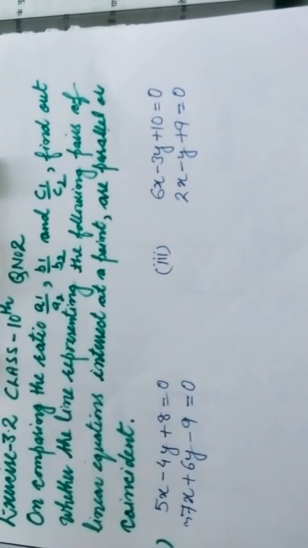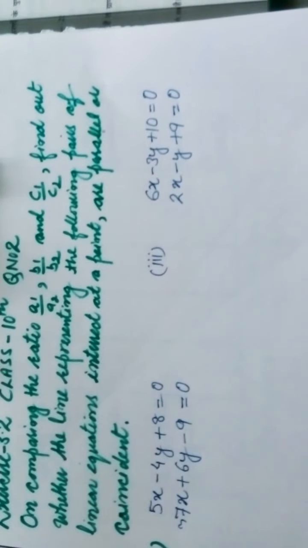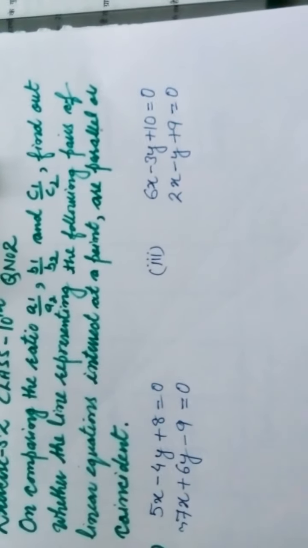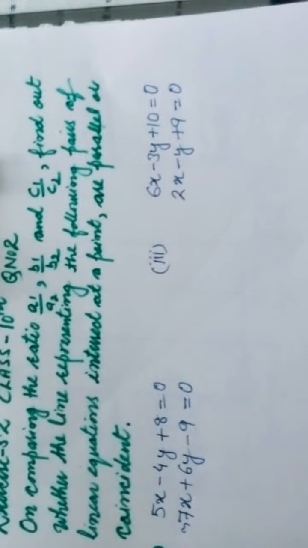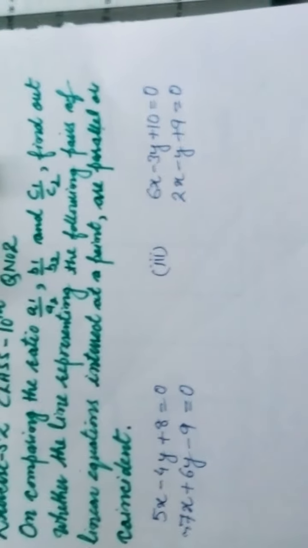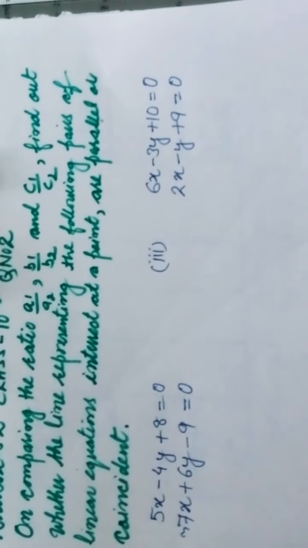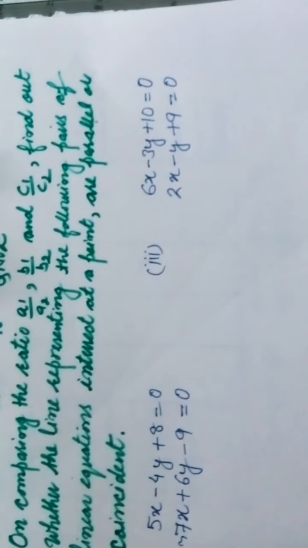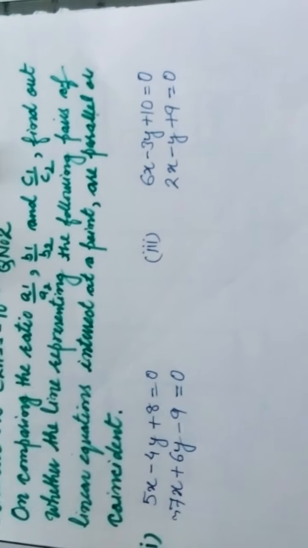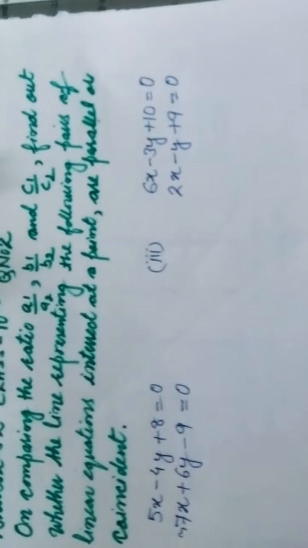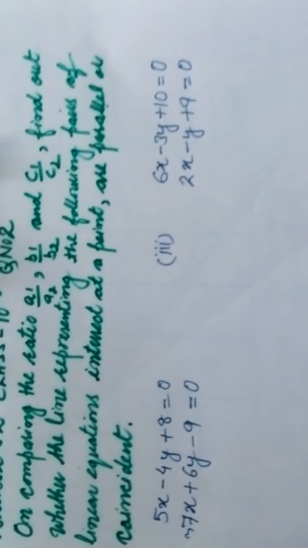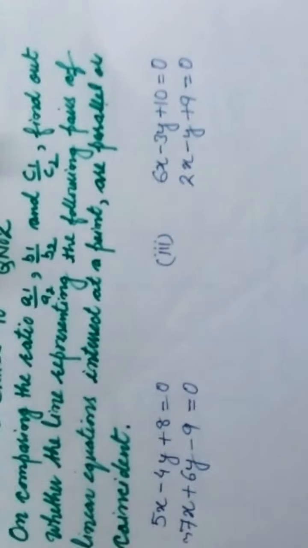In this question, we have to compare the ratios A1 upon A2, B1 upon B2 and C1 upon C2. And then we have to explain whether the lines formed by these given linear equations are parallel lines, intersecting lines or coincident lines. Okay. So how will you do this? Many of you will say that